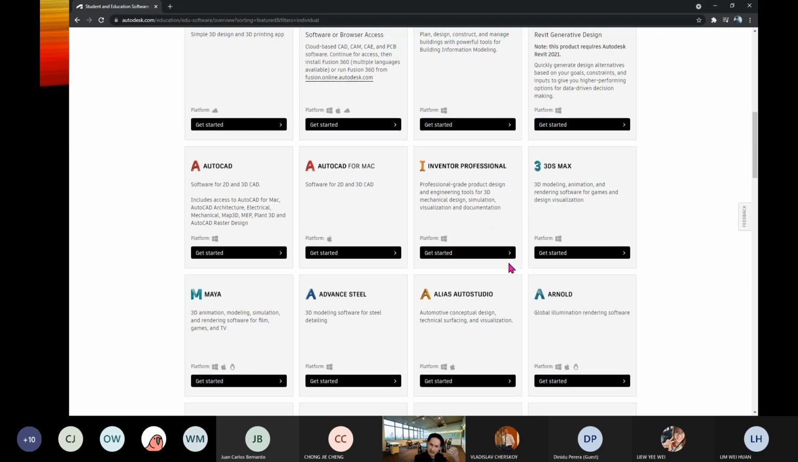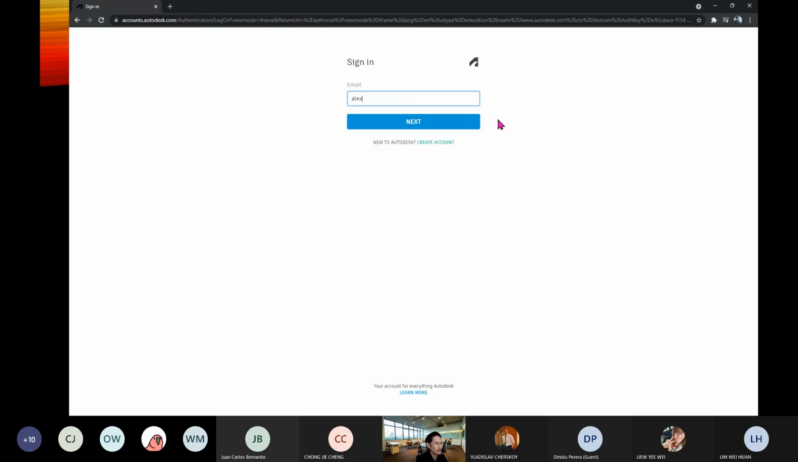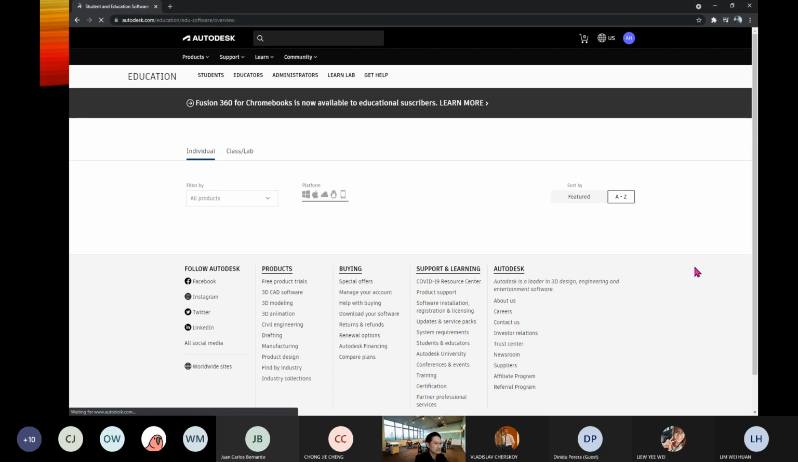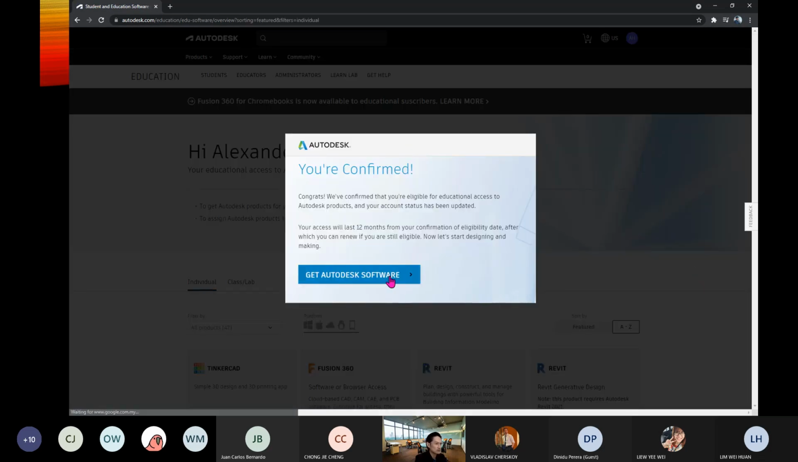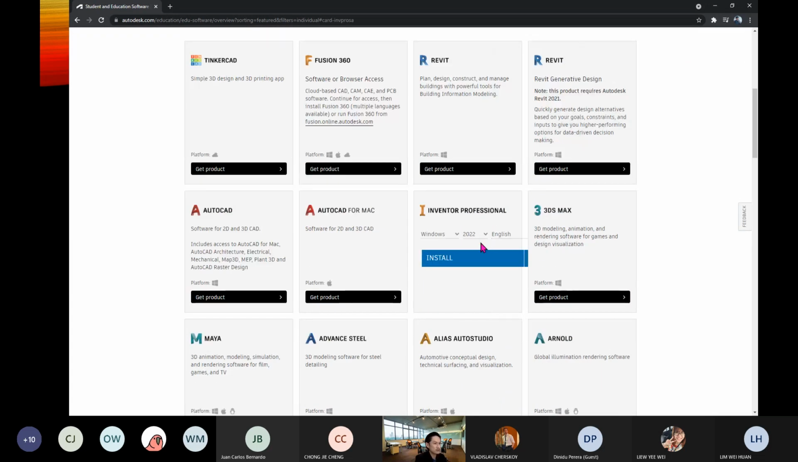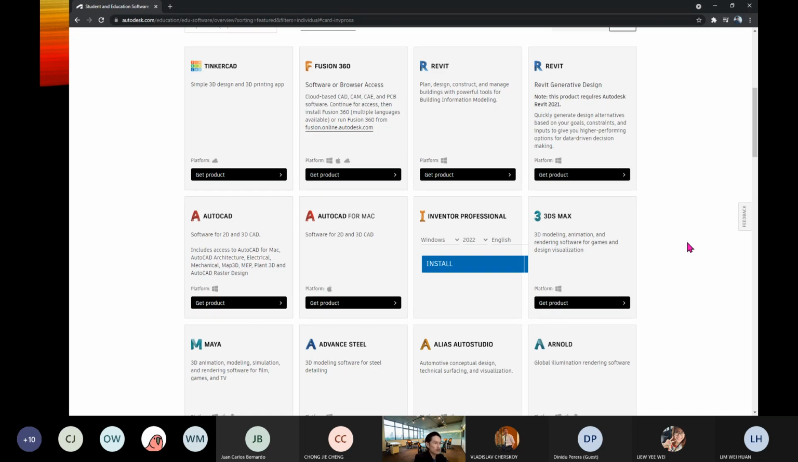If you already verified your account or your identity, basically you click get started. Sometimes they ask you to log in again. Then you will be seeing something that looks like this. Okay, so we are confirmed. Then after that you get the software, then you can download already. Okay, so to confirm your identity,